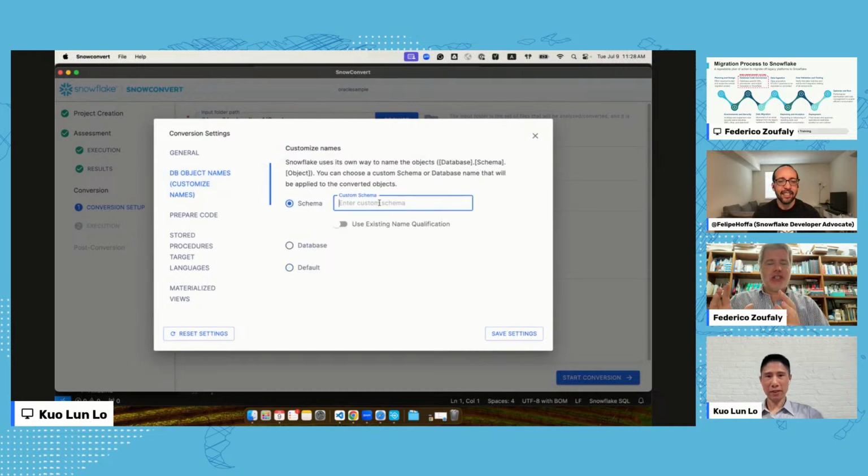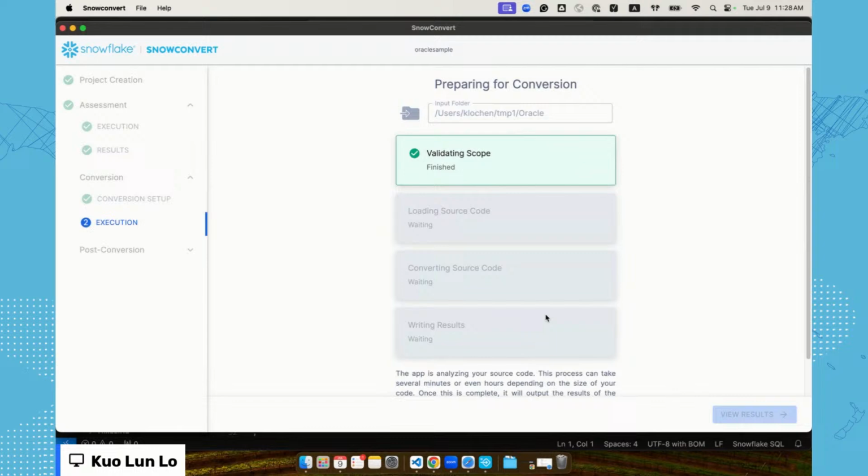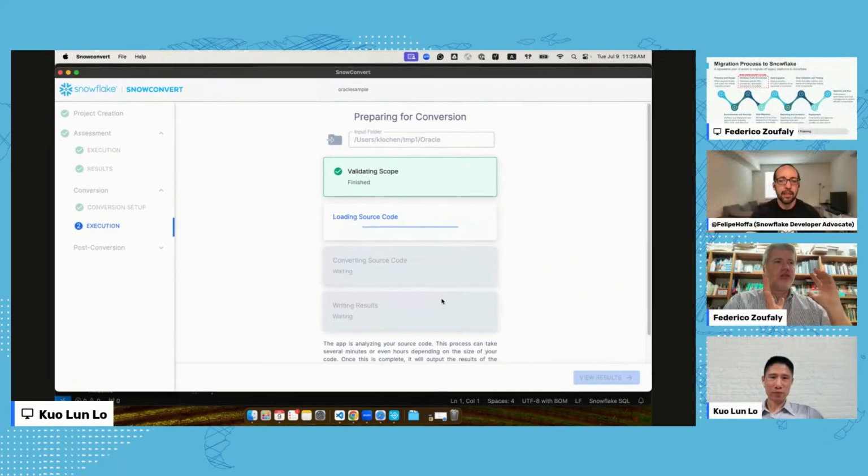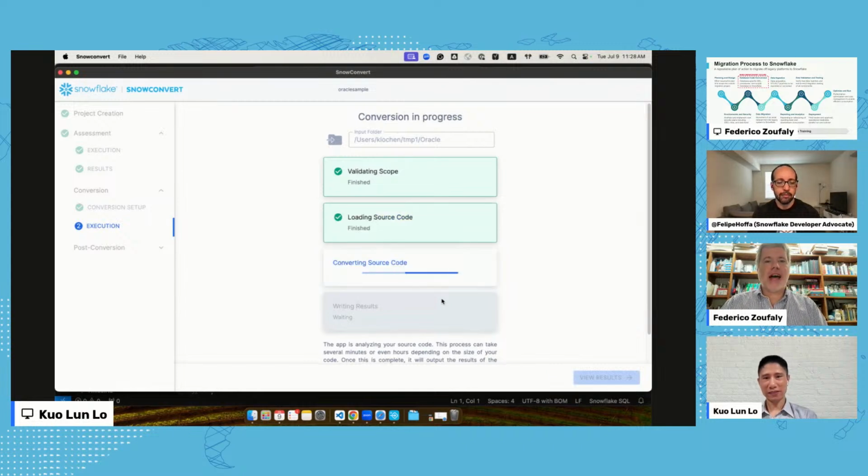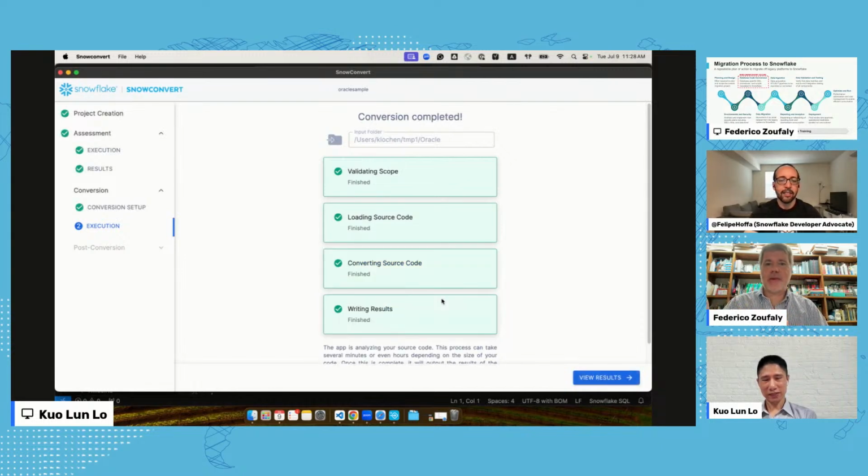The advantage of lift and shift is that it allows you to get to Snowflake sooner, right? So it allows customers to enjoy the benefits of Snowflake sooner rather than later. The re-engineering requires a lot of additional understanding of the source code that sometimes was written 10, 15, 20 years ago by people that no longer work with the company, and so that re-engineering process is much more complex and is going to take a lot more time.